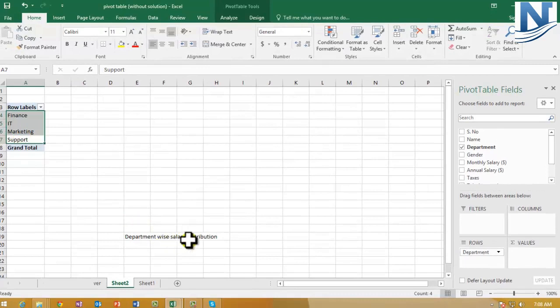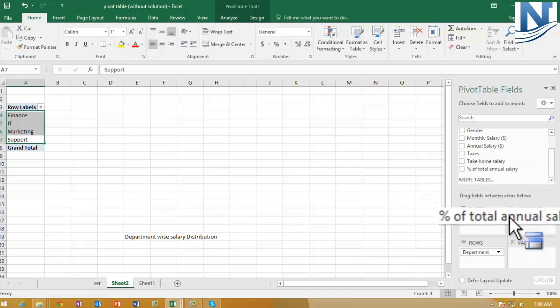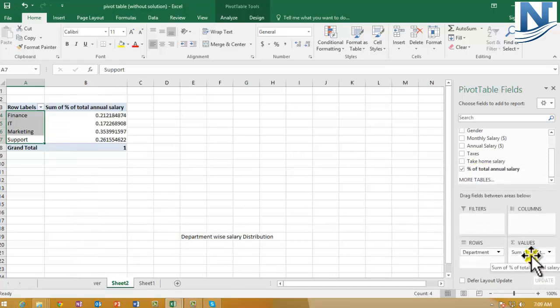Now we want salary distribution, which is our percentage of total annual salary. We want this. Now instead of clicking on this, I'll just drag it into summation values. Once you come over here, click on the mouse and bring it down and just release it. So it comes under the values summation sign. Now sum of the percentage total annual salary is present.